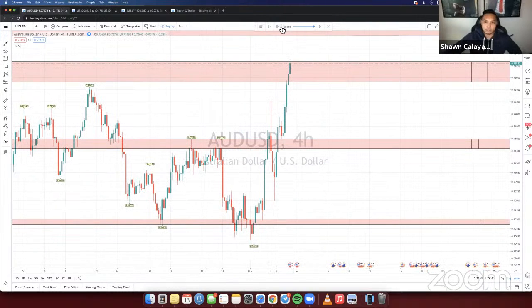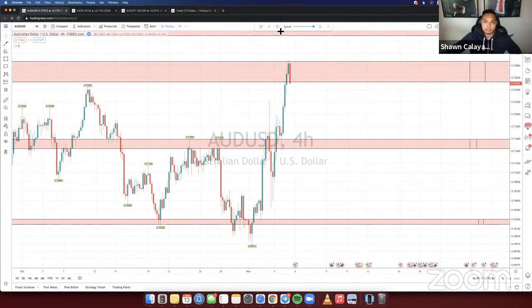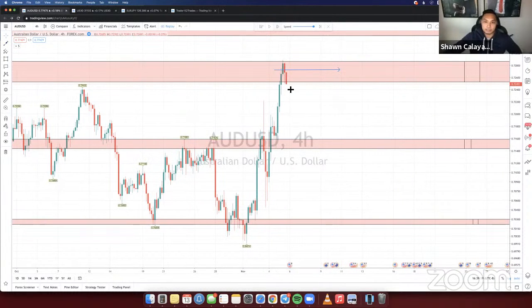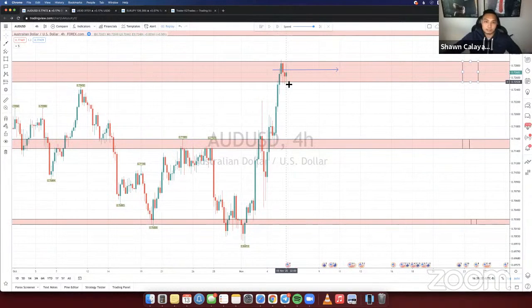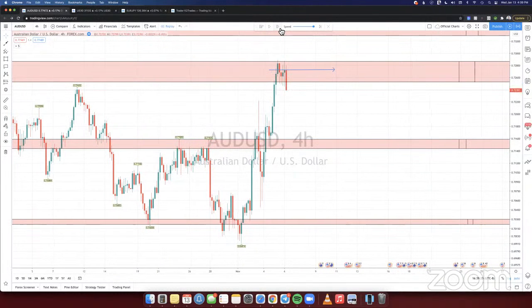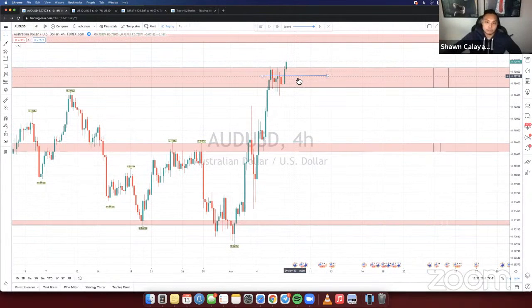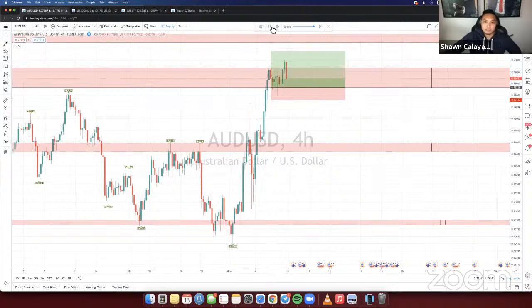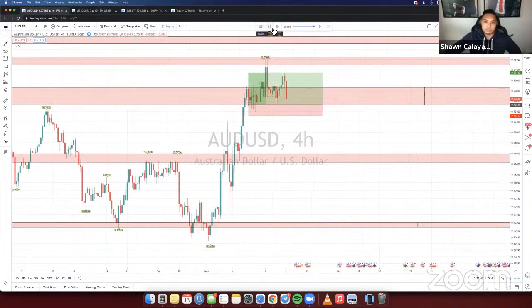If you see price break into the zone and come down and test, I personally wouldn't know if it's going to range like it did right here, because it could have easily just come back down like that, and every time it came down it could have stopped me out. Gotcha. So that's why I personally haven't backtested it, but I'm sure there's a solution. Maybe there's a sweet spot where you should put your stop loss. For example, if you entered a position right here with a buy limit and your stop loss is at this other candle right here, then you would just keep making profits off that.